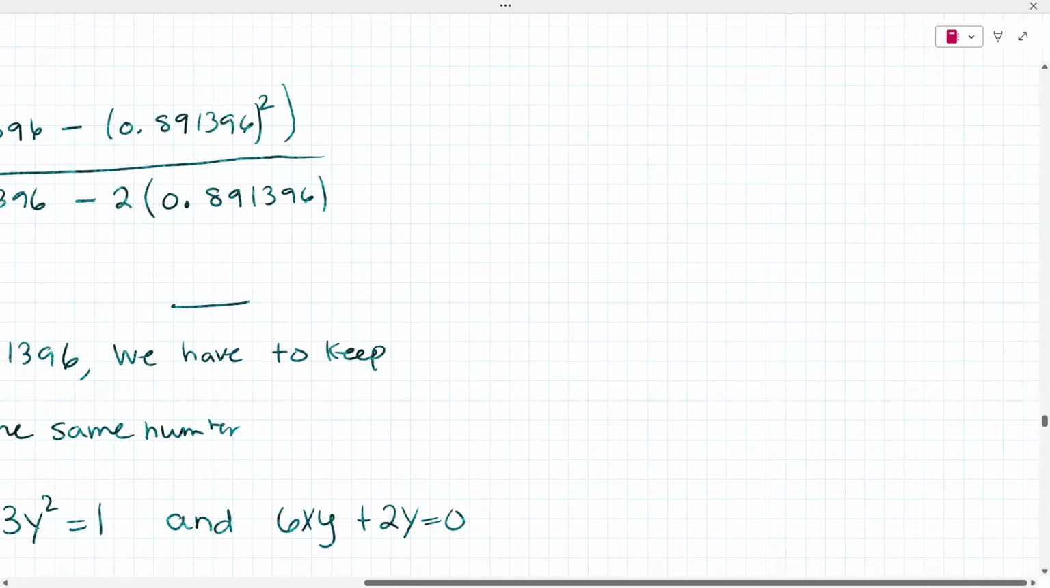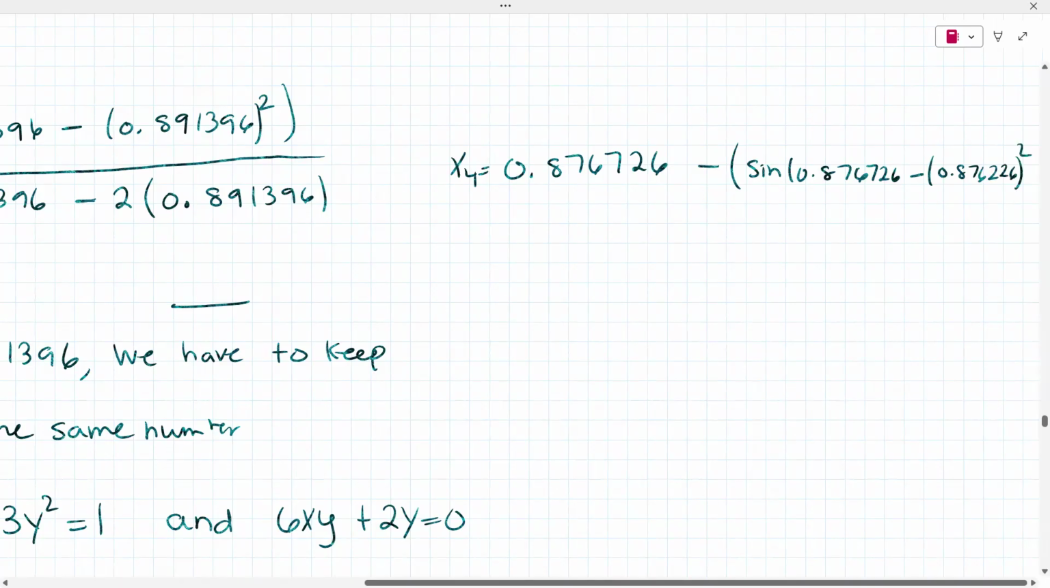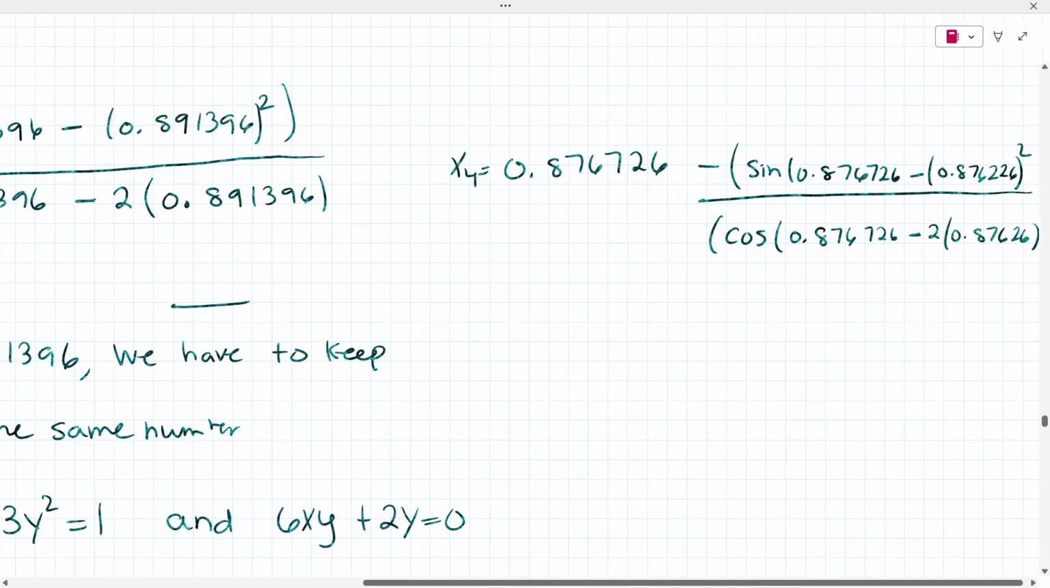So let's find x4. So x4 is the previous number, which is 0.876726 minus sin of 0.876726 minus 0.876726 squared over the sine of 0.876726 minus 2. 0.87626. And when you do that, you get